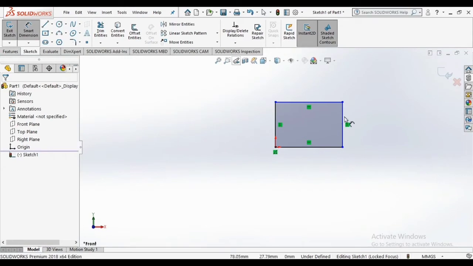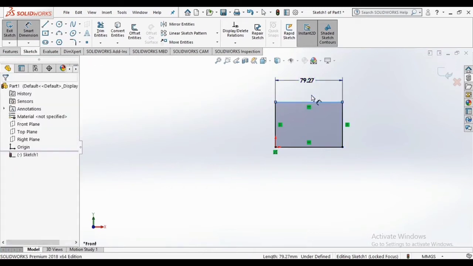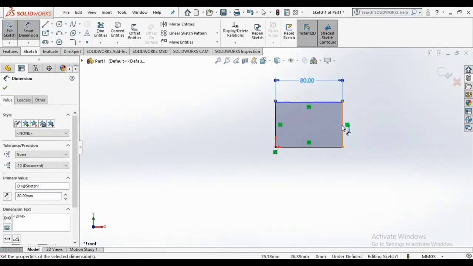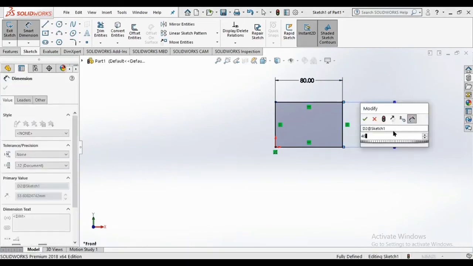You don't even have to click on smart dimension, just right click, hold it and move the cursor up. You will directly approach smart dimension. So we have to give dimensions, suppose 80. Click OK, then let's suppose 40. Click OK.